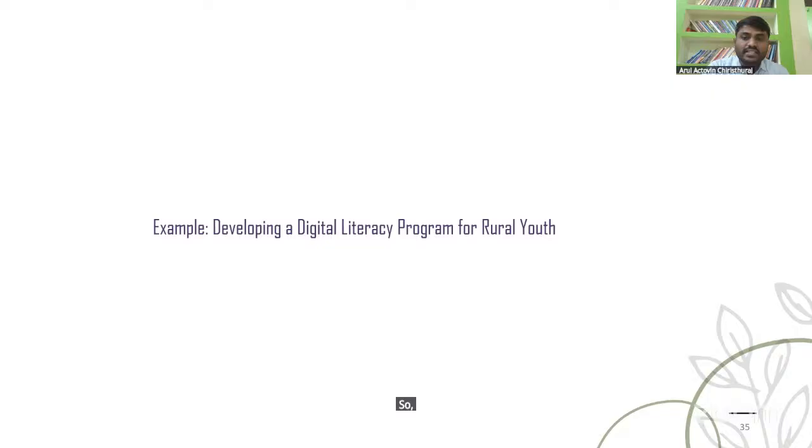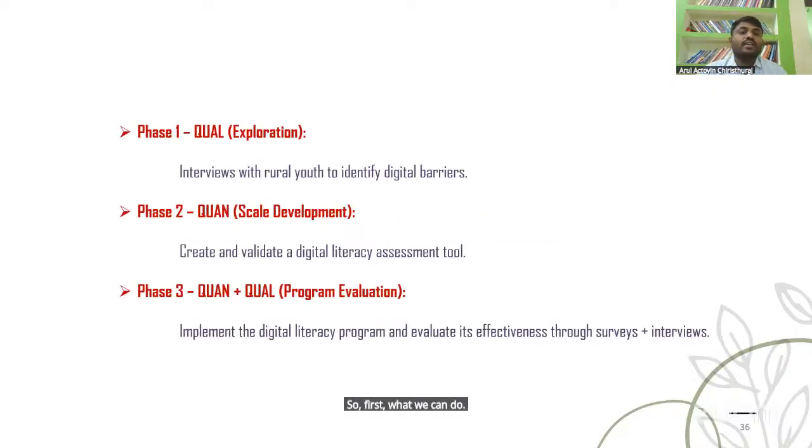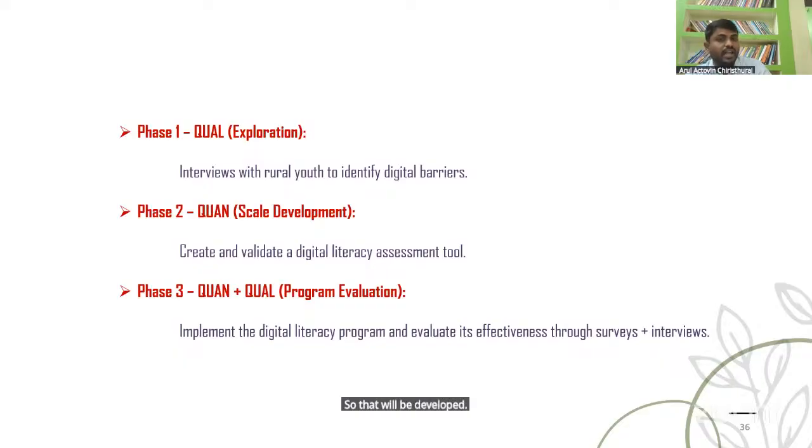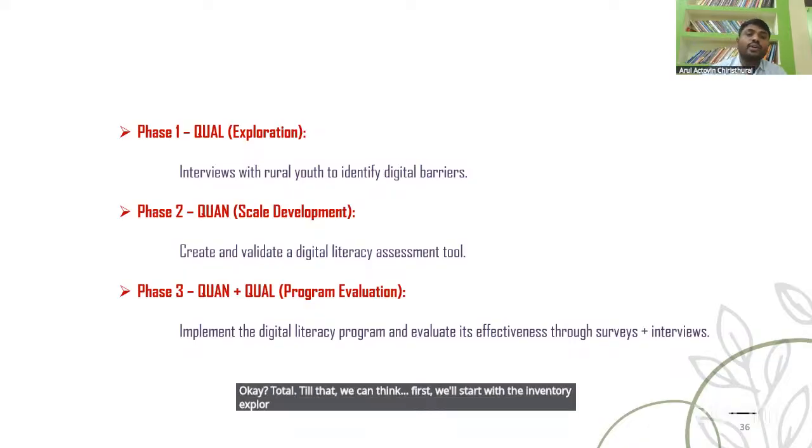First, recollect the second type of research design, the sequential exploratory design, through which a tool will be developed. We start with interview exploration: interviews with rural youth to identify digital barriers.